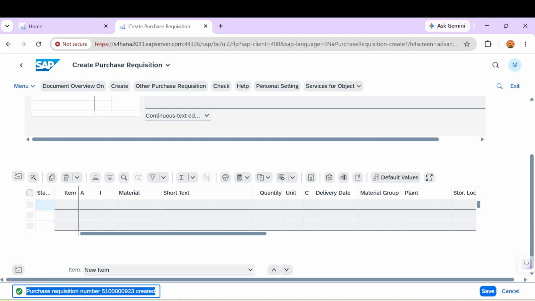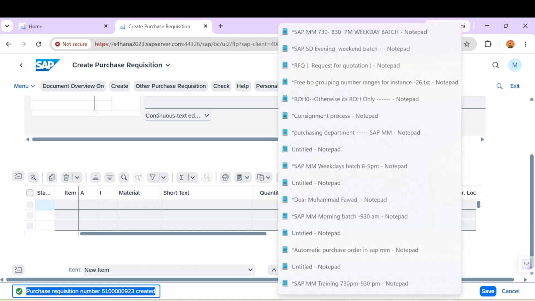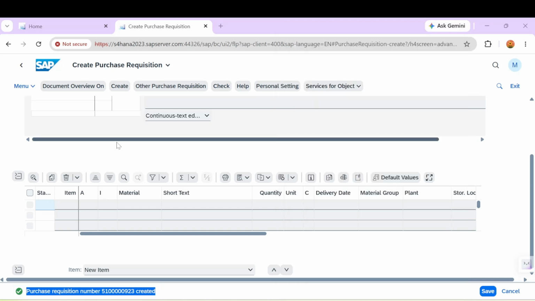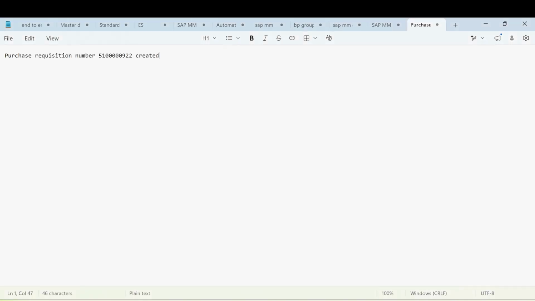This purchase requisition is created with the help of Fiori, right? So you can see this one we created with GUI using T code ME51N, and this one we just created using the Fiori app or Fiori tile, right?